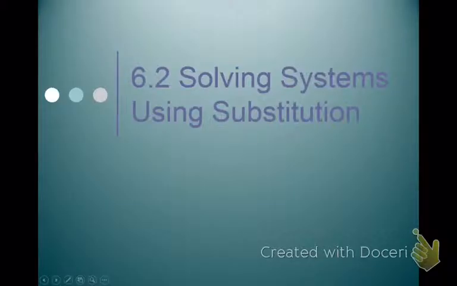All right? But we want to talk about this because graphing is not a good way to solve a system. There's too much inaccuracy. Unless your solution is going to be nice, pretty whole numbers, then it's going to be hard to tell what the solution actually is. So there's a lot of issues with the graphing method. So we want to talk about this